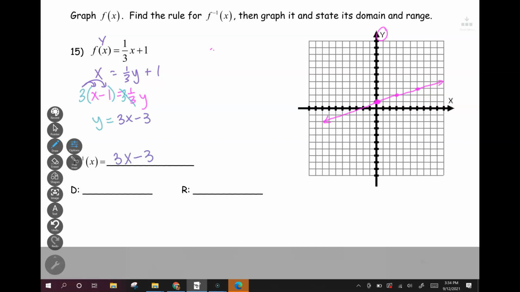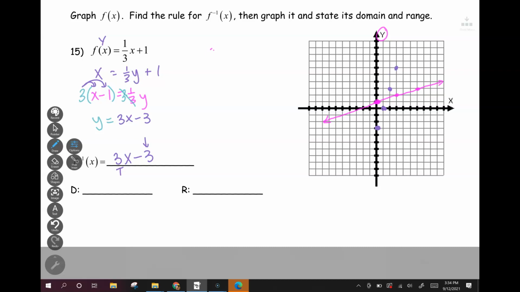Okay, I can graph that by starting again with the y-intercept at -3, and using a slope of 3, I go up 3 over 1, because if this were a fraction, it would be over 1. So up 3 over 1, up 3 over 1,